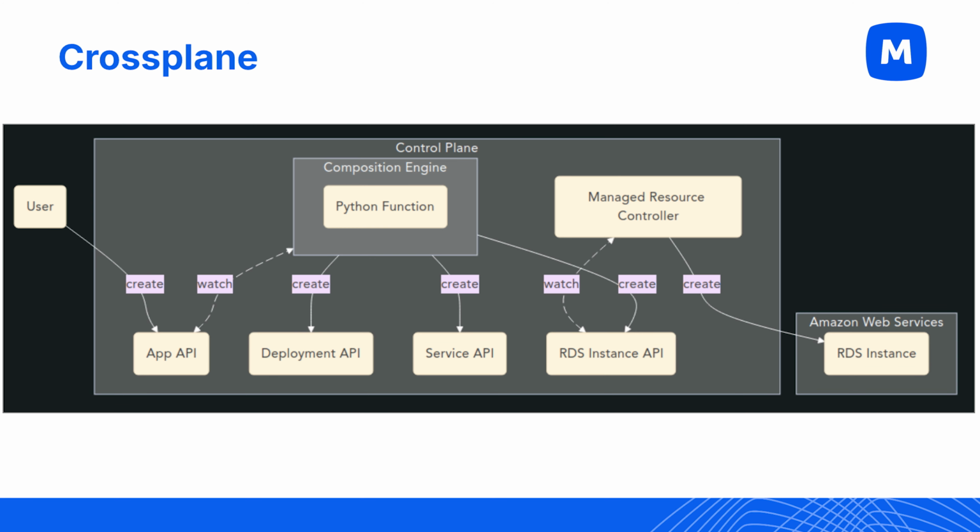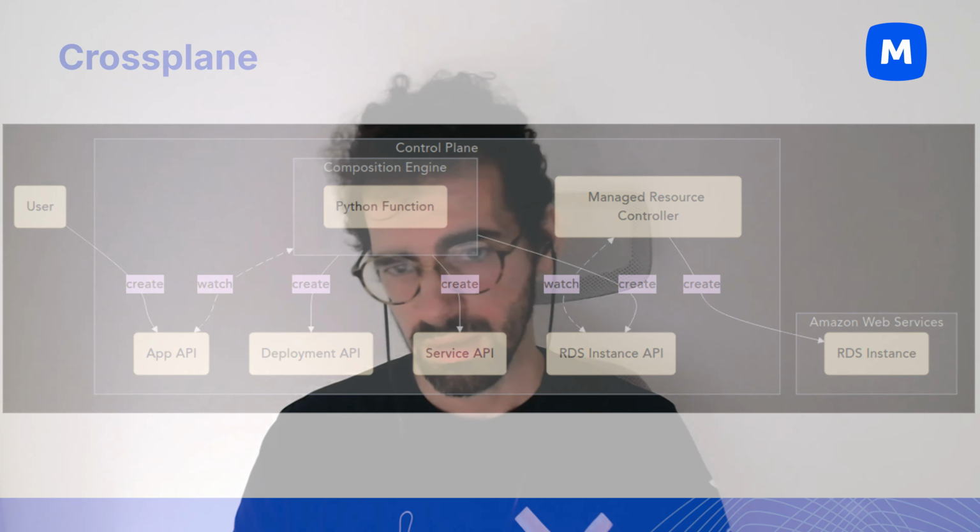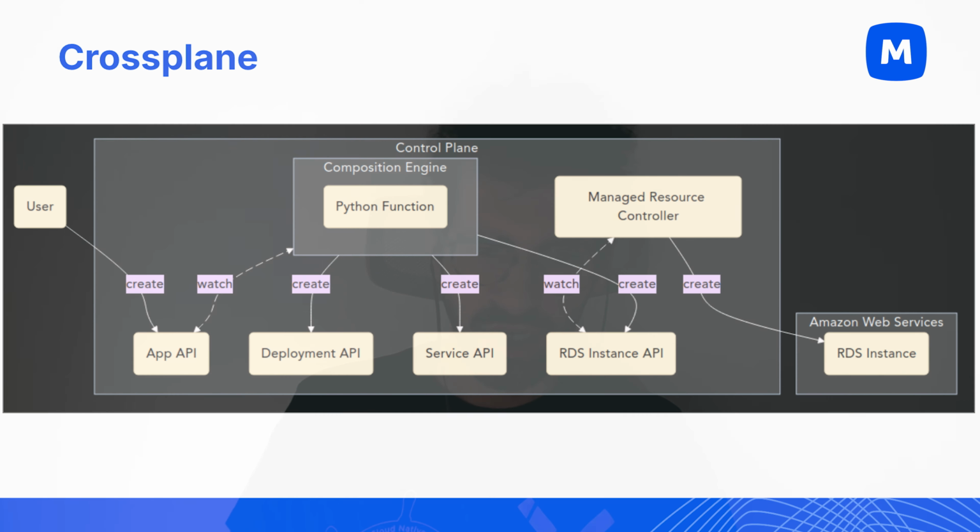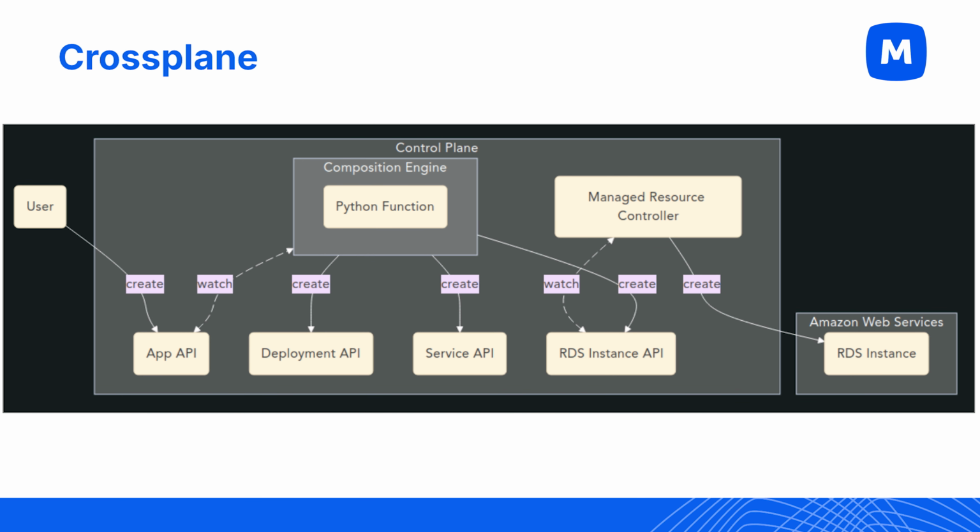So they give you a lot out of the box, and the part of Crossplane that we use here is this composition engine. So what does the composition engine do? It sits here, that they provide this control plane, and the composition engine sits here as a way for us to have custom code that allows us to